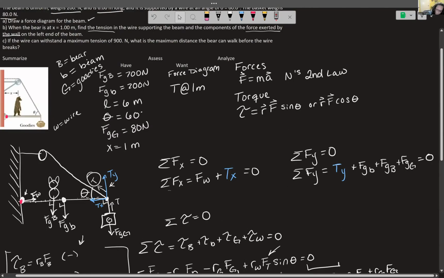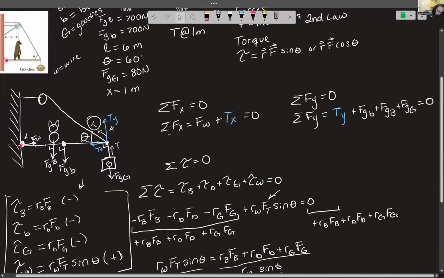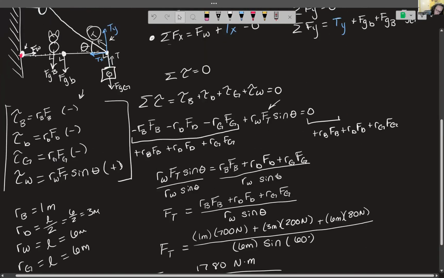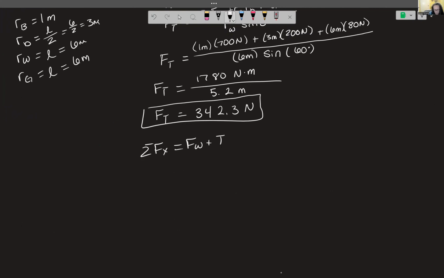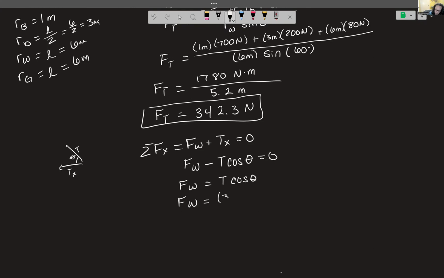We were also supposed to find the force exerted by the wall, and we can do that with this equation here. So I'm just going to write that Fw plus T equals 0. So we had the force in the x direction: Fw plus Tx is equal to 0. The tension in the x direction is going to be cosine of 60 degrees, and it will be going in the negative direction, so it'll be Fw minus T cosine theta is equal to 0, so that means the force on the wall is going to be equal to T cosine theta, and we have our T here, which is 342.3 cosine of 60 degrees, and we get that